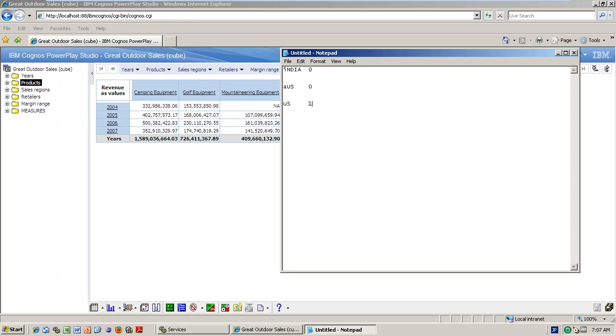Even if it is 10, then this row will not be hidden. Am I right? Even one value present, it will not be hidden. Okay, fine. Now, for example, if I'm having India 100, Australia 200, US 300, and maybe Bangladesh only 10.